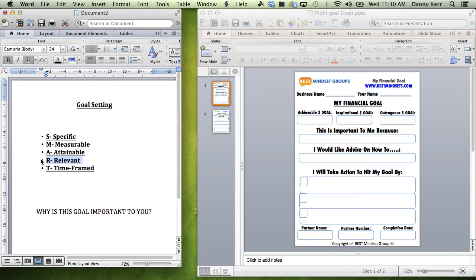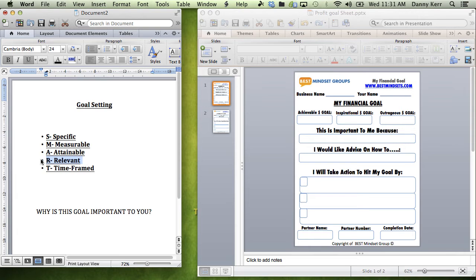So relevance is all about, is what you're setting a goal on relevant to where you're heading later on? So a good idea of this is, say you're out to make money. Well, most of us are as business owners, but your goals are always on designing a better flyer or designing your product to be even better. Is it really directly impacting the profit? If it's not, which a lot of times it isn't, it's just a big distraction. Maybe the goal should be on something more like I need to call this many leads,